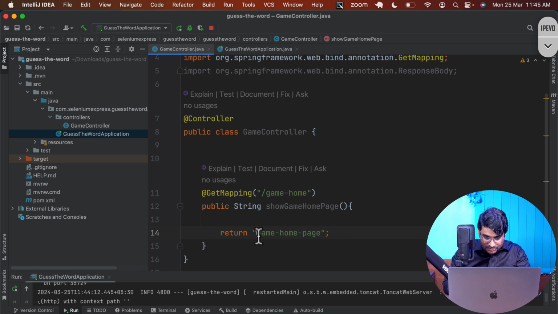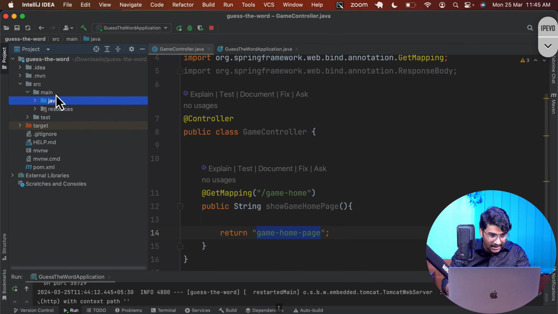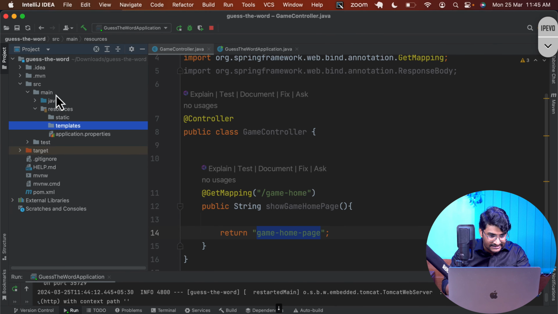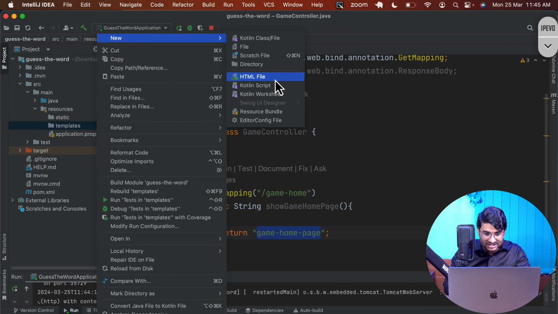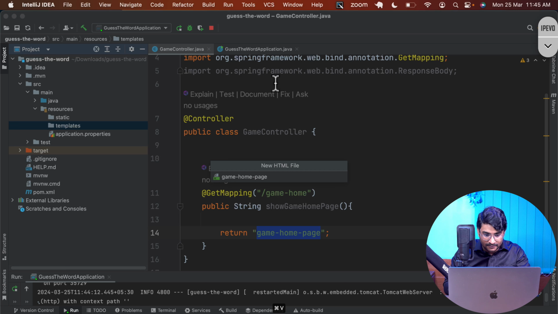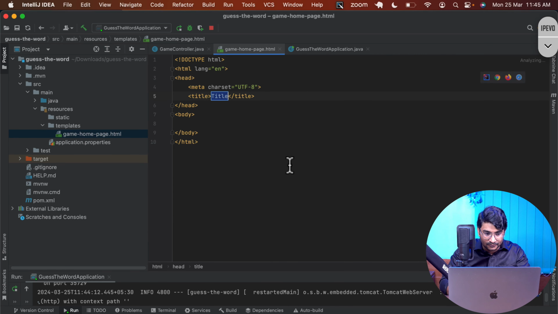So let me copy this page name a little bit. Okay, Control C. I'll go to my resources, and in my templates right now, I'll be creating a new HTML file, and I'll give the file name as gamehomepage.html. And right over here, let's say the game name is GuessTheWord. Okay, and here let me